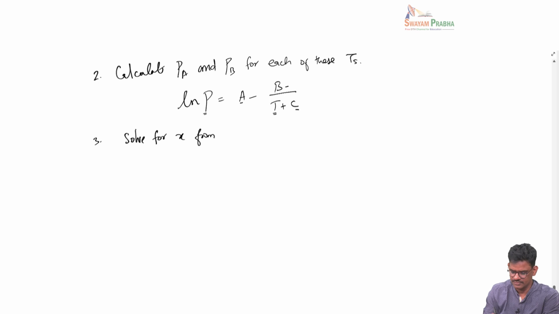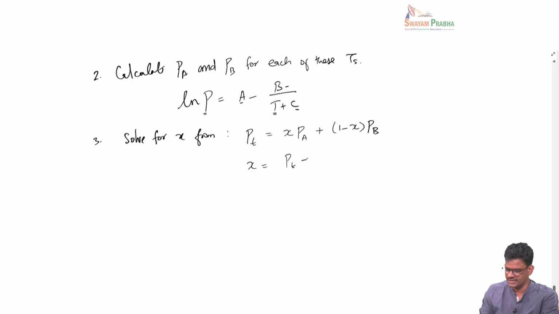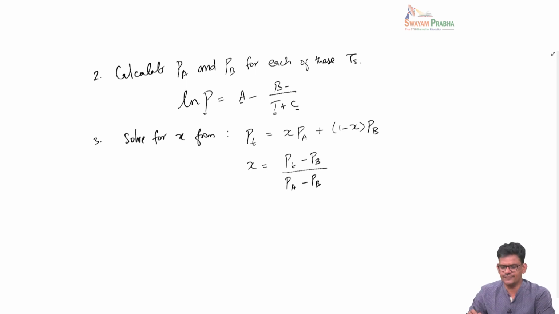So we will solve for x from the definition of total pressure, which is PT is equal to x times PA plus 1 minus x times PB. If you solve for x, you will get something like PT minus PB over PA minus PB. So since we know all these things, PT we know, PA, PB we know, we can calculate what is x. Once you know x, you can calculate y